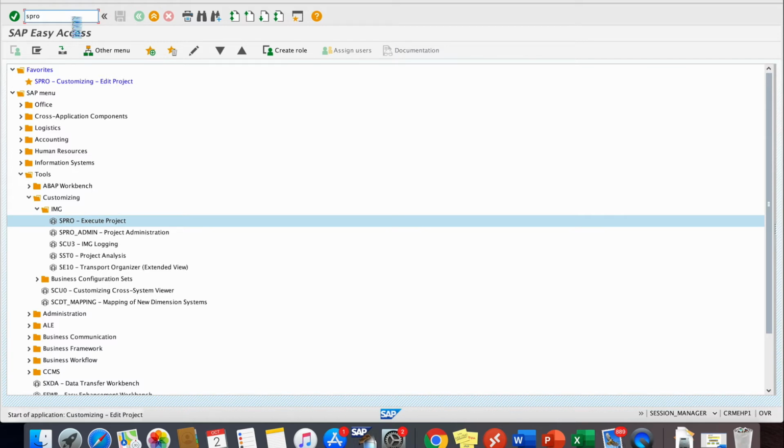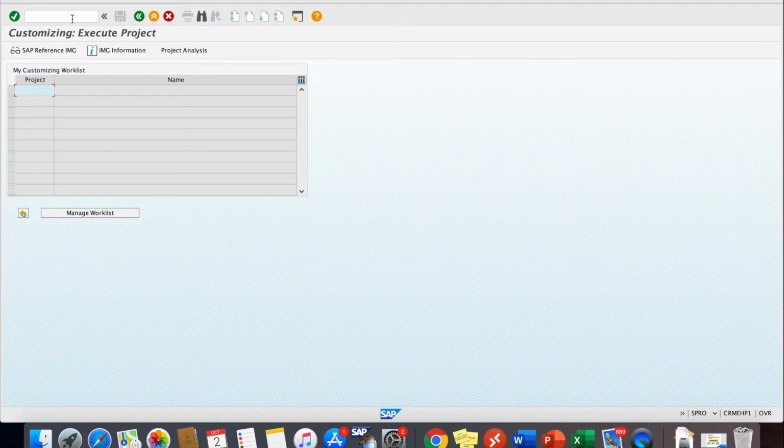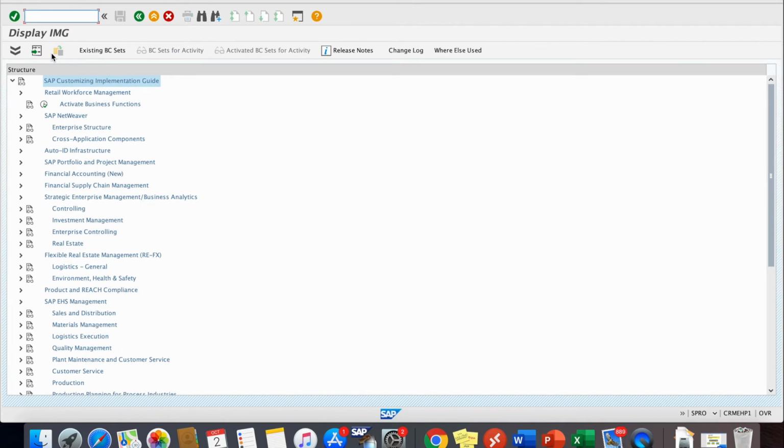When I press enter, I'll see the screen where I have to click on one button which is called as SAP reference IMG. When I click on SAP reference IMG, I'll see my main screen, which is called as display IMG screen.